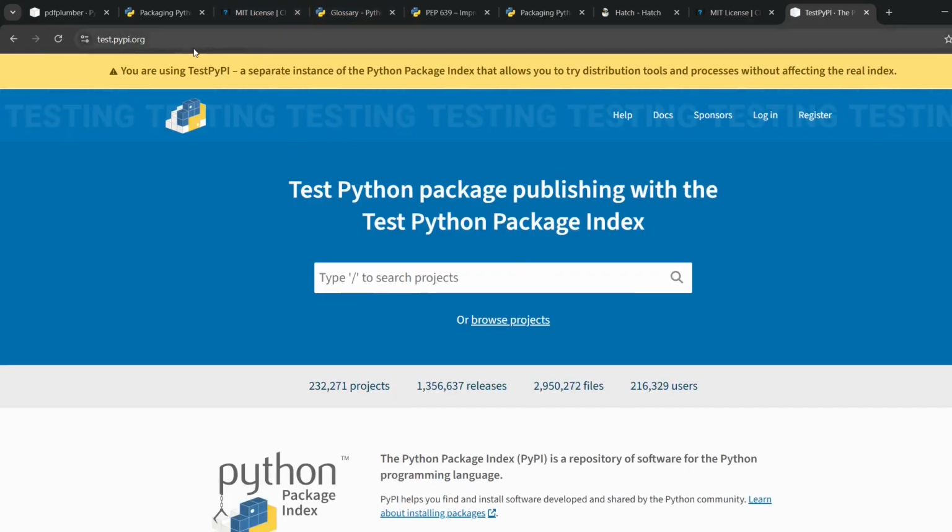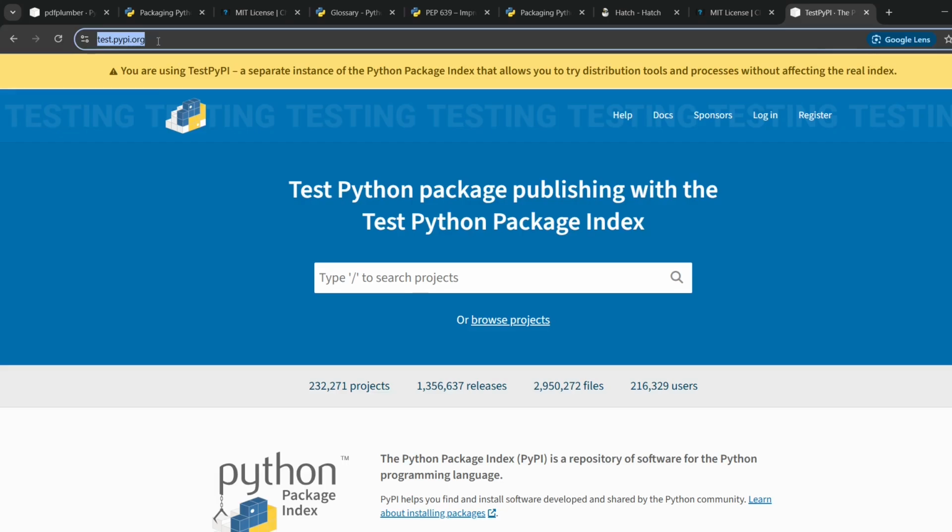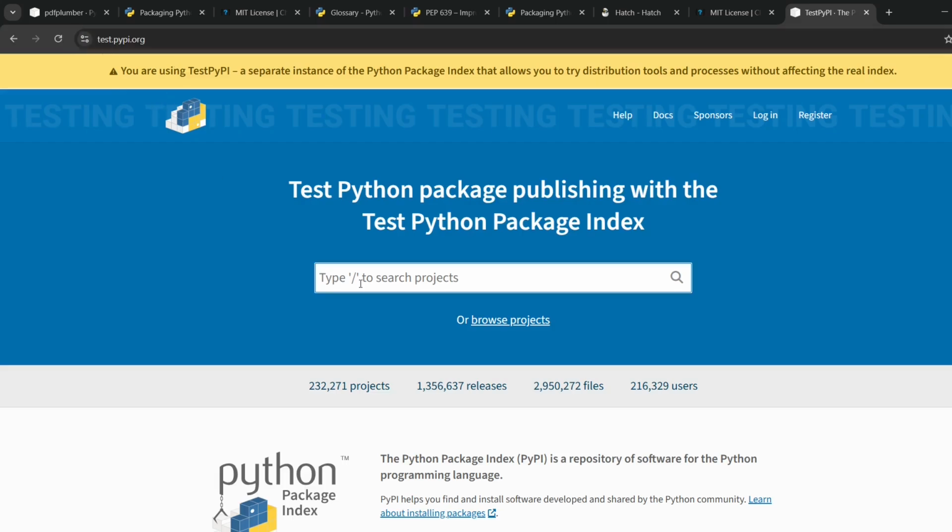It is test.pypi.org. This is a separate instance. So you can see that it has the same look and feel as that of the main repo, pypi.org, but this is like a staging area where we can upload our packages before pushing it into the main repository, so that we can verify if our package details are proper. For example,